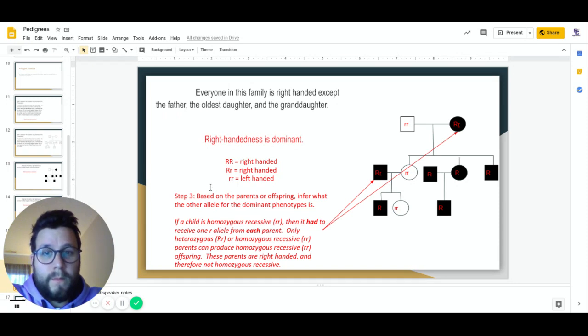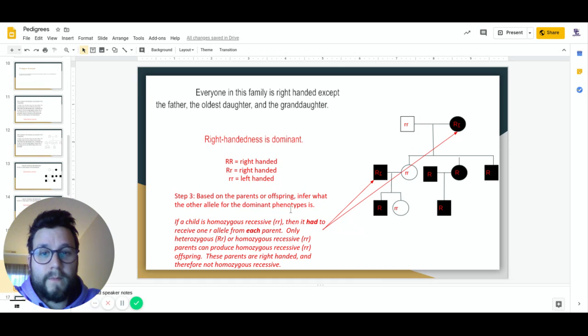So, based on the parents or offspring, we're going to infer what the other allele for the dominant phenotype is. For example, these two right here: if the child is homozygous recessive, this one right here, he's left-handed, then he had to receive one allele from each parent. He had to get a lowercase r from him. No big deal because he is left-handed. But she's right-handed. So to have the left-handed kid, she also had to have a left-hand gene to give to